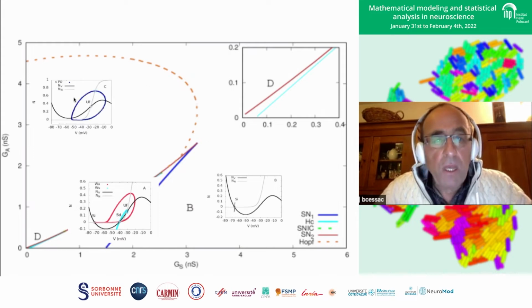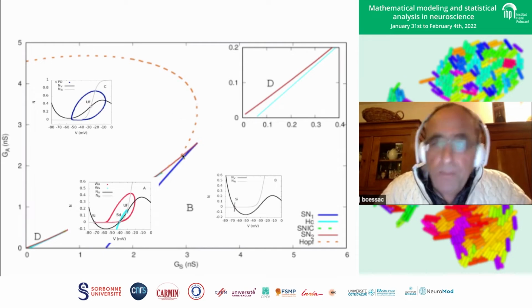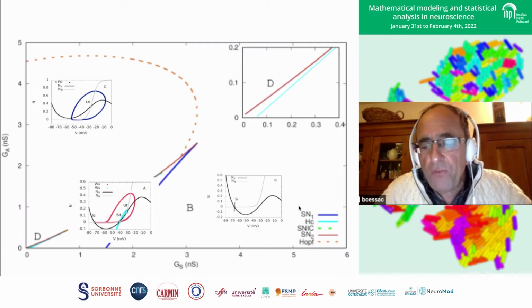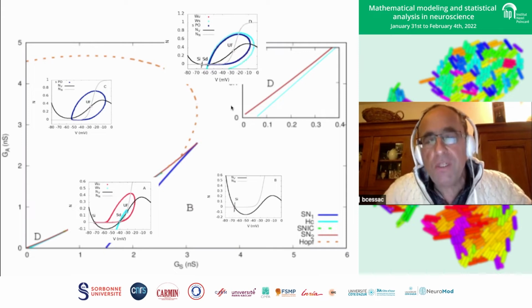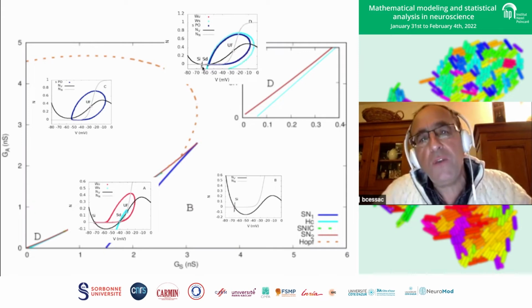In region C, you have a unique limit cycle, which is stable, and you go to it depending on where you are in the fast plane. So you have different types of bifurcation. In particular, you have a homoclinic bifurcation here, HC. And finally, in region D, which is again the most interesting, you have coexistence of a sink, a stable fixed point, and a